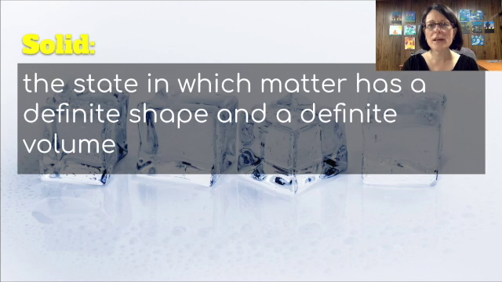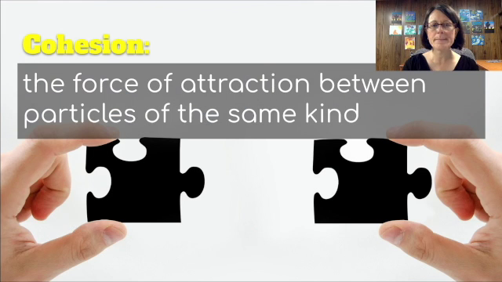We also had to figure out the volume, either by using the formula V equals length times width times height, or by using a graduated cylinder. So the things that we were finding the volume of were solids. The reason solids have a definite shape and a definite volume is because there is a force of attraction between them called